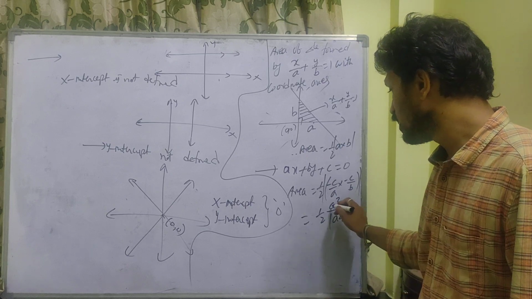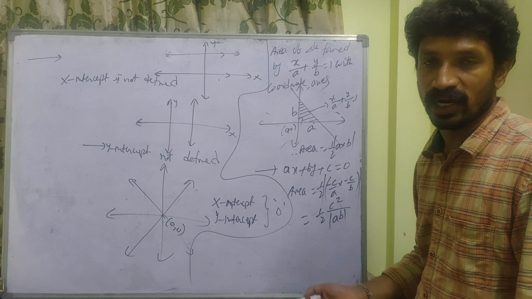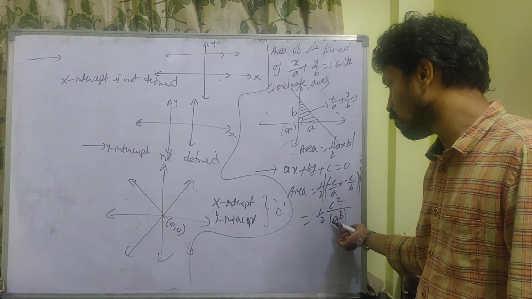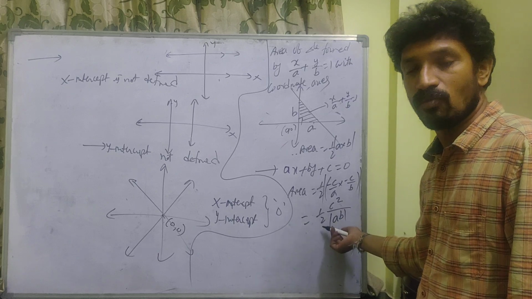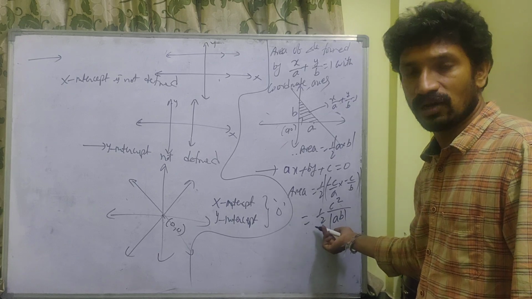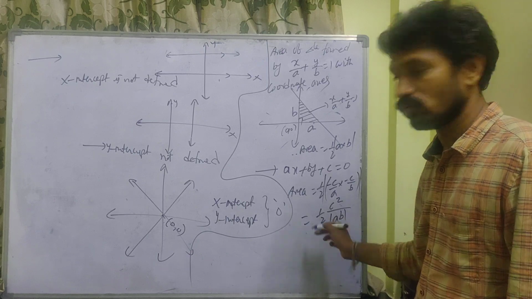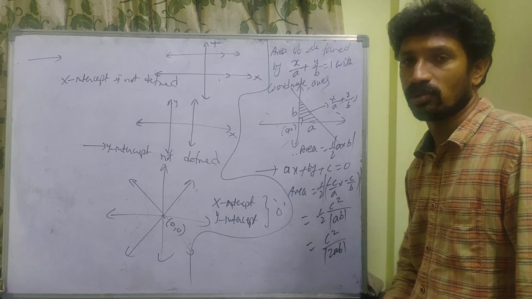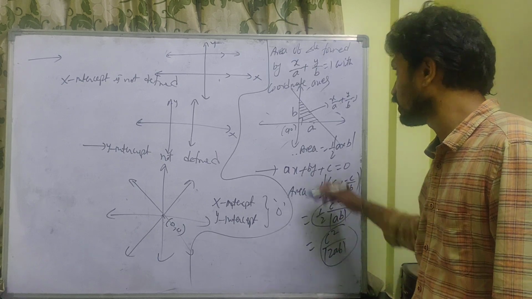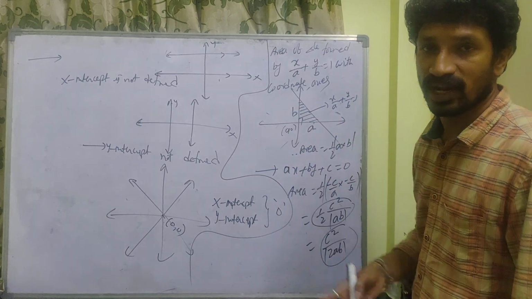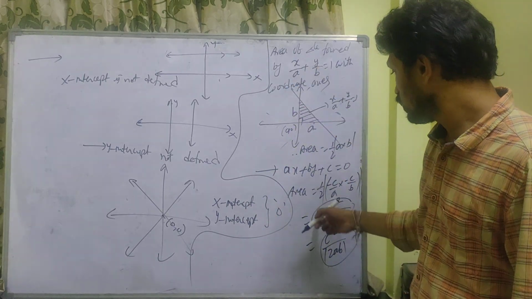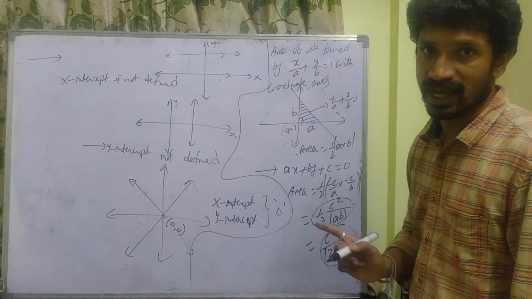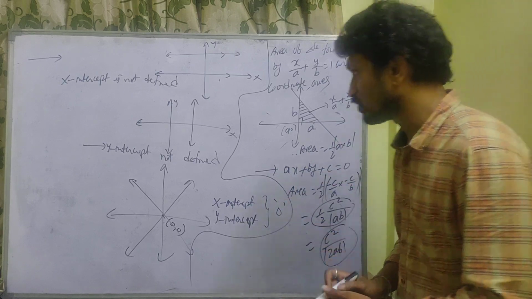There is no need to write a modulus for c square, because c square is always non-negative. So just write the modulus on the denominator only. Or you can write c square by modulus of 2ab; modulus of 2 means 2 only, so you can write it inside. No problem, you can write this one or this one. This is the area of the triangle formed by the line x by a plus y by b is equal to 1, and this is the area of the triangle formed by the line ax plus by plus c is equal to 0 with the coordinate axes. Okay. Next one.